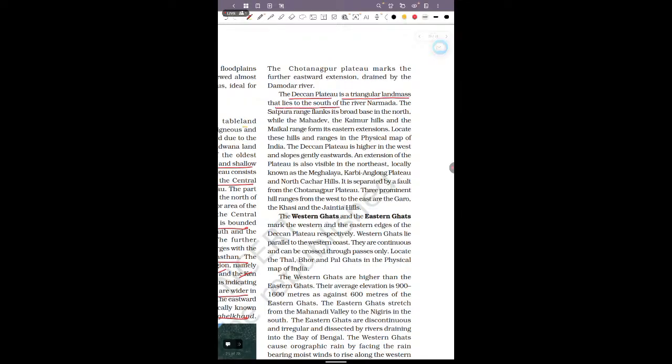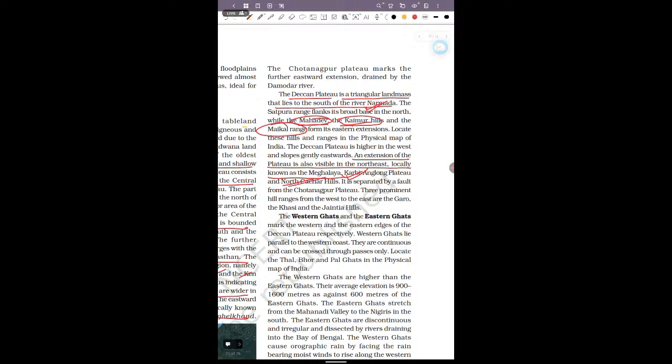Here, if we talk about the Deccan Plateau, it is a triangular landmass that lies to the south of river Narmada. We have seen the location of the river Narmada, that it flows through a rift valley made by two mountain systems, through which river Narmada and river Tapti, both rivers, flow towards the Arabian Sea on the western side. Here the Mahadev, Kaimur and the Maikal ranges are also found, and we have also seen that the extension of the plateau is visible in the northeast, locally known as the Meghalaya or the Karbi Anglong plateau